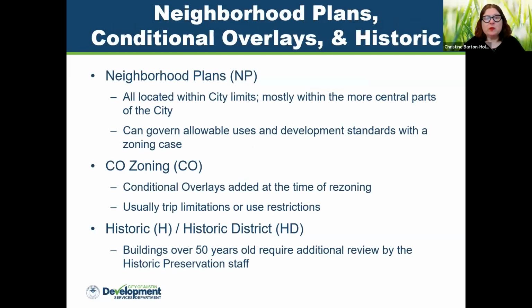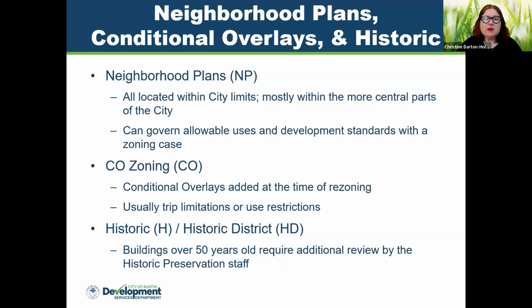And these are put in place with a zoning case, typically a zoning case that will include all or most of the parcels within a given neighborhood. So Hyde Park is an example of one, South Congress. They preserve the character of the neighborhood and help make sure that what makes that neighborhood special remains.